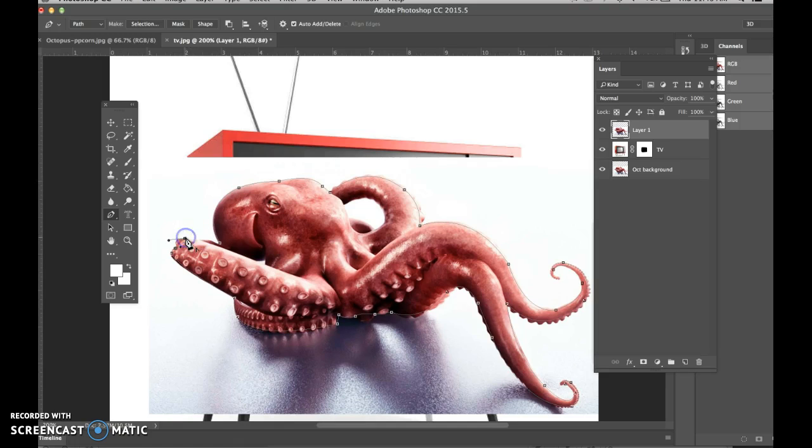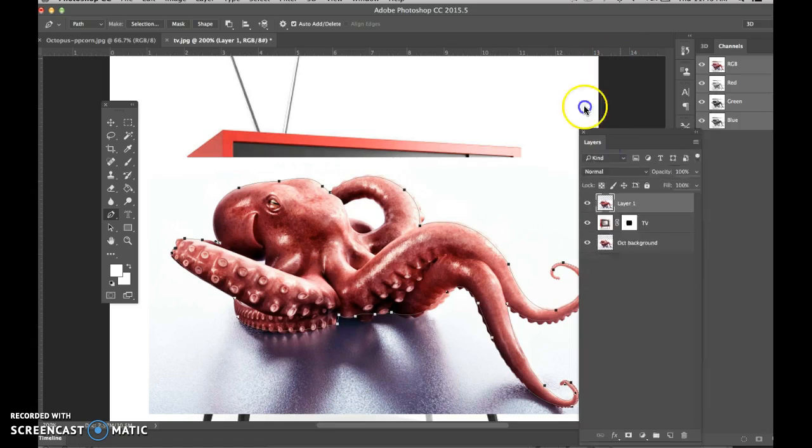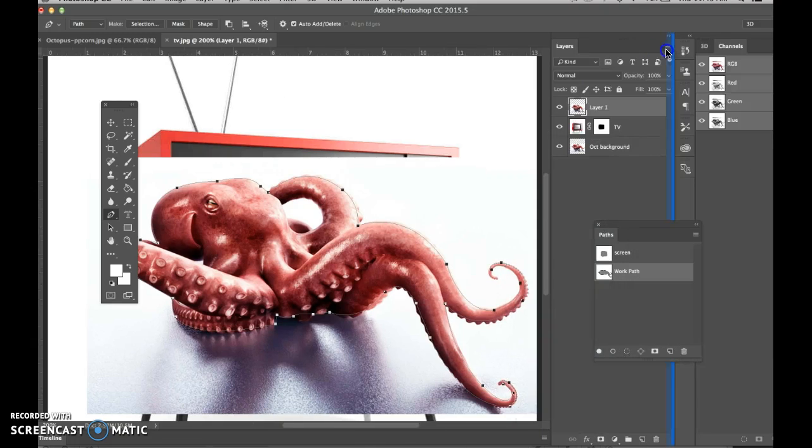And then when we come full circle, it's really like dot to dot, we'll close this. Now we have our path, and that's what it looks like. We can again see that in our paths panel, which is over here,